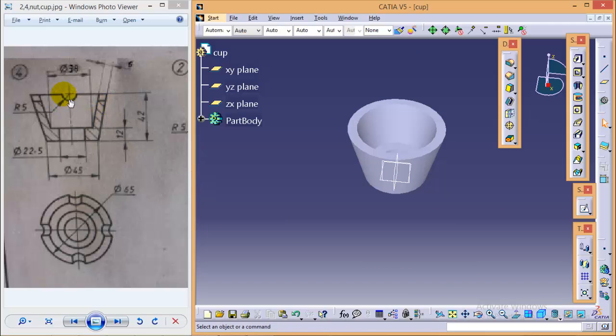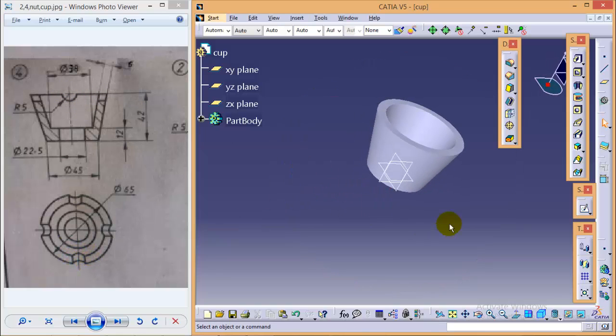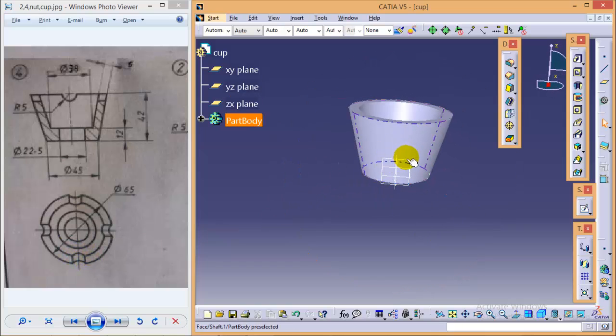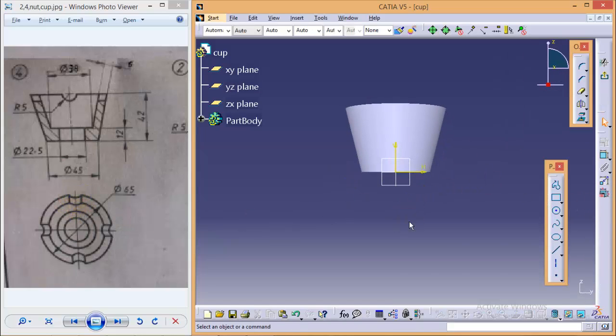Now if we had created this particular semicircle over here, then we would have obtained a circle instead of a slot. So to make a slot, we'll use again a YZ plane. We'll draw a particular sketch and we'll use a pocket command to make these slots. So select a YZ plane, go to sketch.